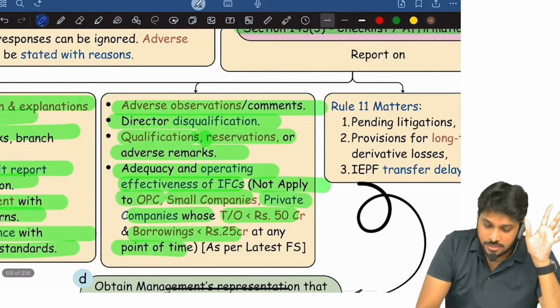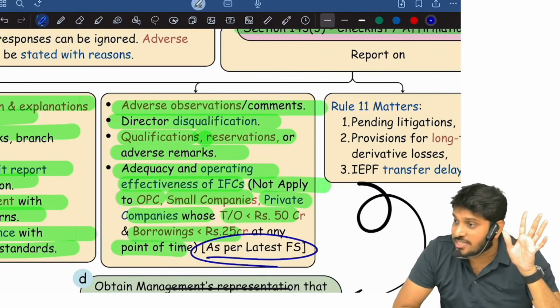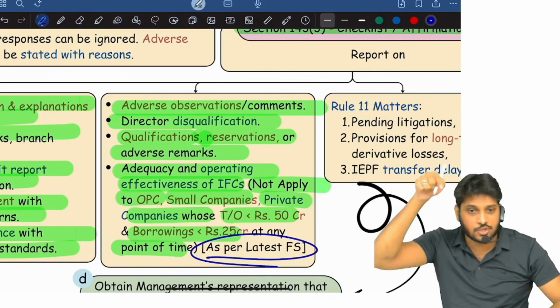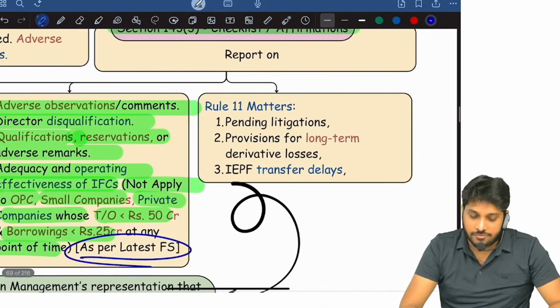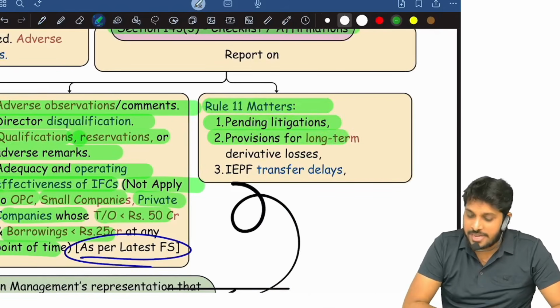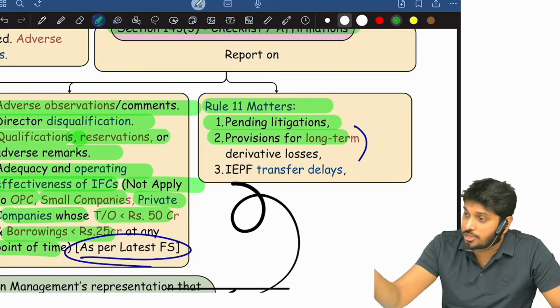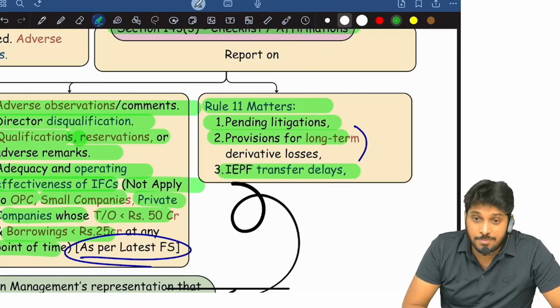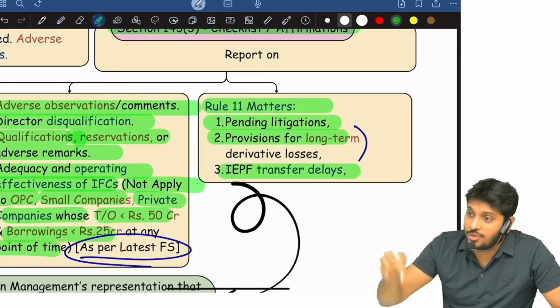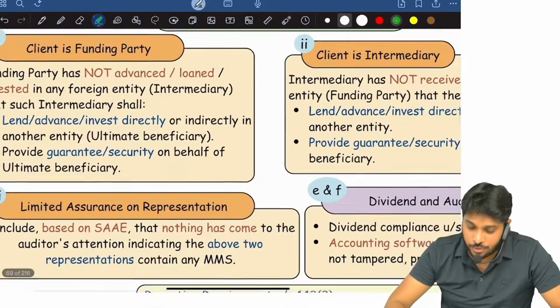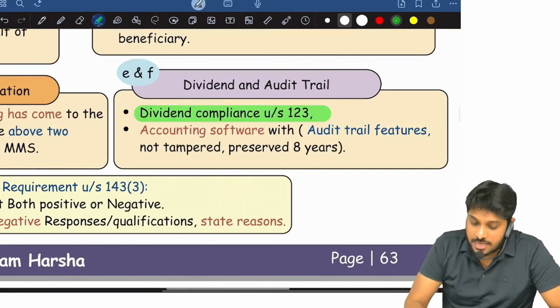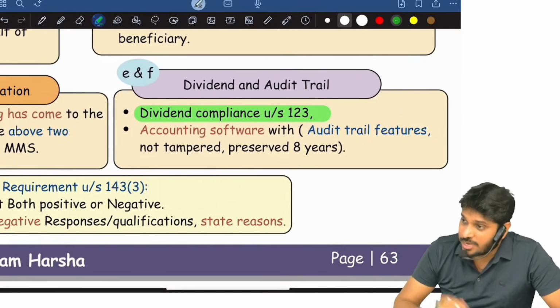Okay, and this turnover has to be taken as per the latest financial statements. This is not the preceding financials, it has to be the latest financials. And further, the auditor has to report on pending litigations, provisions for long-term losses, whether the company has maintained provisions as per accounting standard for various long-term losses, derivative losses, and whether the company has delayed while transferring money to IEPF. The auditor has to report. Further, the auditor has to check whether the company declared dividend and complied with Section 123 of the